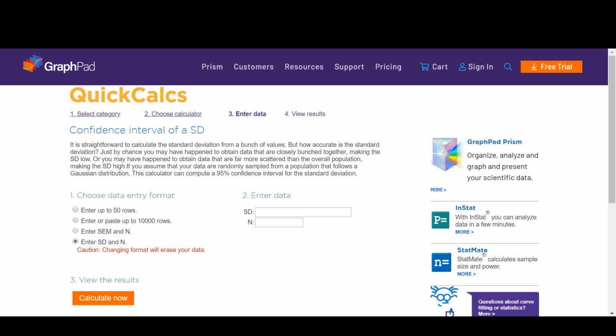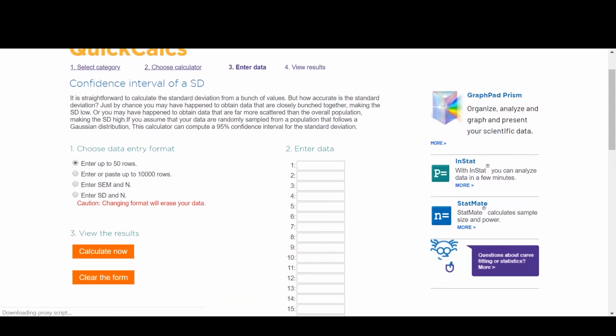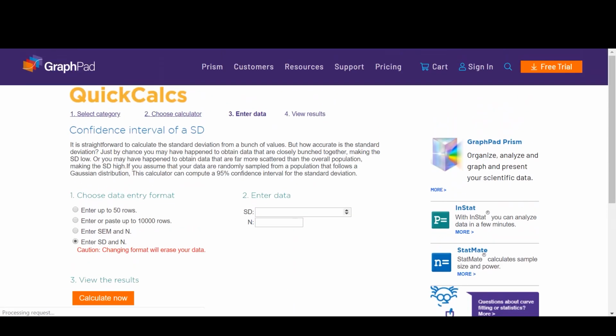They give us different ways to input our data. If you have a whole list of data, you can put up to 50 values here. We weren't given a list; we're just given the standard deviation and the sample size, so we'll use the fourth option. Our standard deviation was 2.7, and the sample size was 20. The only limitation to this calculator is that you can't specify the desired confidence level. Okay, if you calculate now,